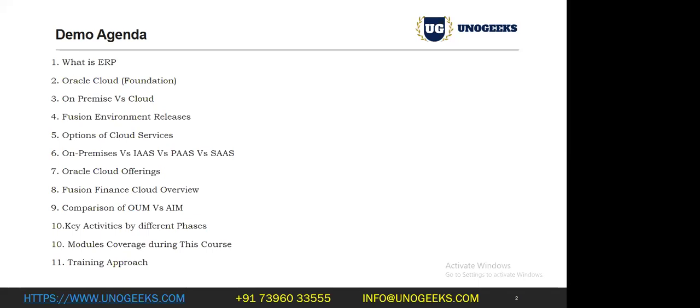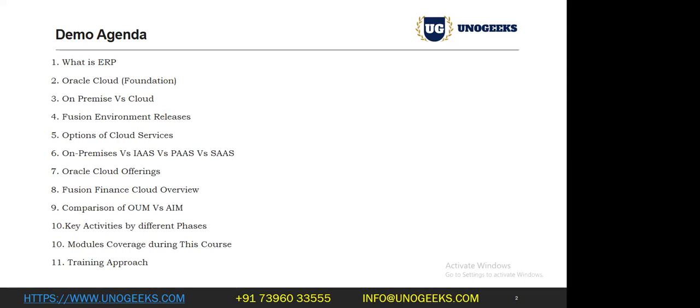What different options do you have in cloud services? And also, why should I go for a cloud? Why can't I use on-premises? Within a cloud, what different options do you have, like IaaS, PaaS, and SaaS? What are the different offerings which Oracle Cloud is offering? Out of which, which offering do we belong to? And I'm also going to demonstrate an overview of the application screen.